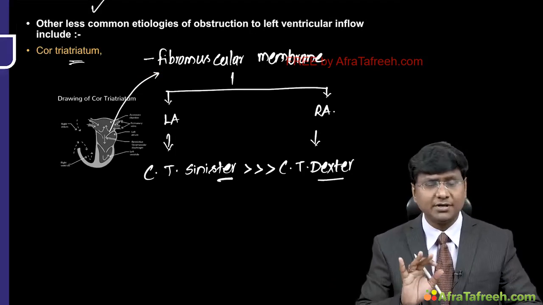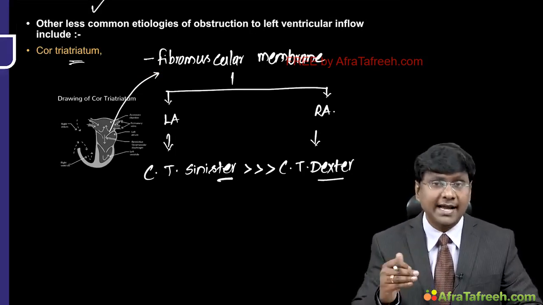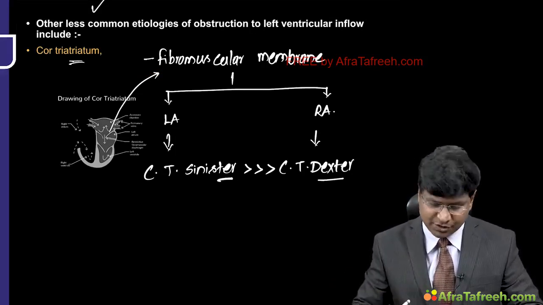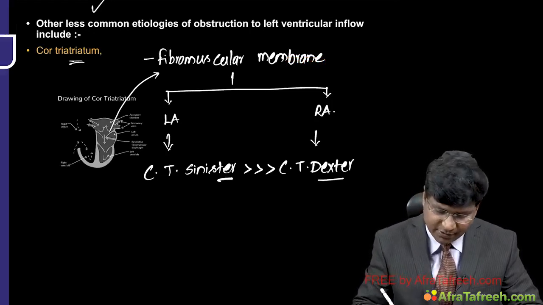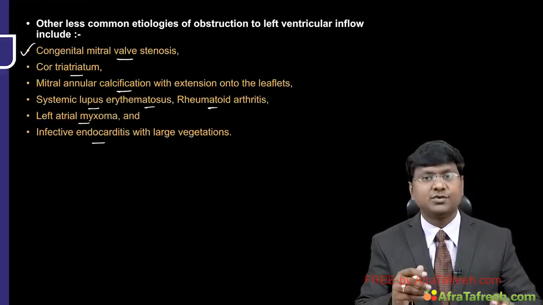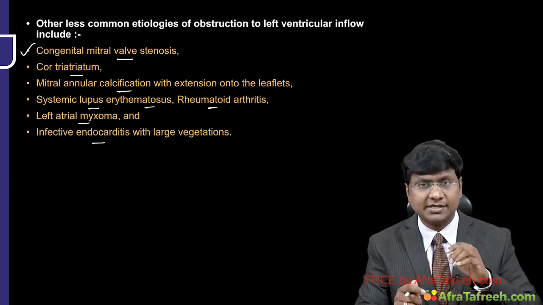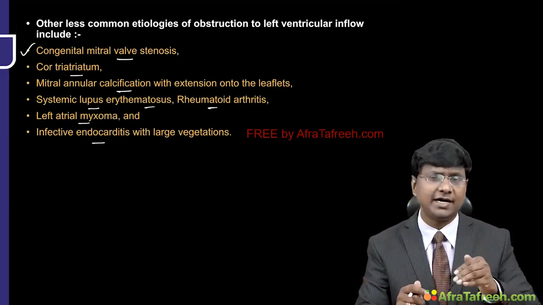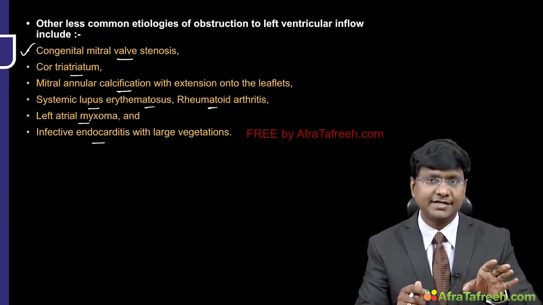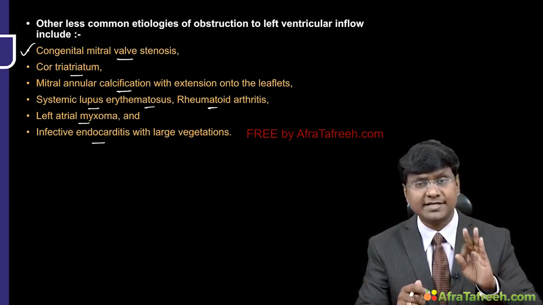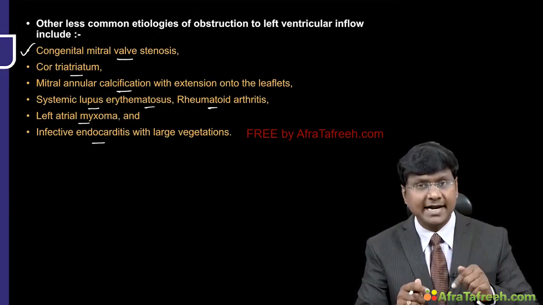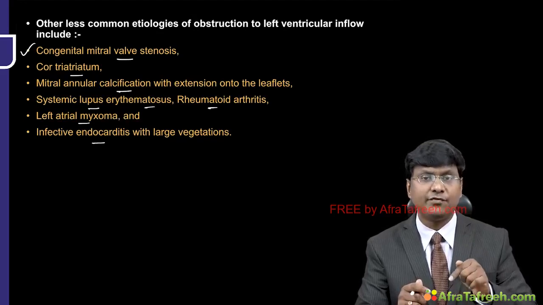So this is about your congenital causes. And we have inflammatory causes which we have discussed. These inflammatory causes are what? There is systemic lupus erythematosus as well as rheumatoid arthritis. And in systemic lupus erythematosus, it is not only endocarditis, it is pancarditis: pericarditis, myocarditis and endocarditis will also be there. And that endocarditis will be in the form of Libman-Sacks endocarditis,